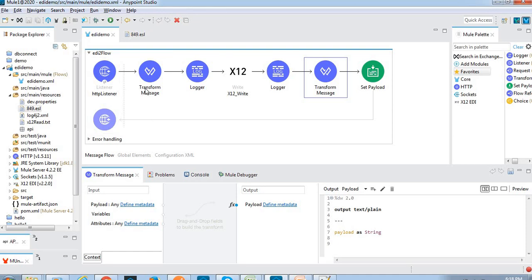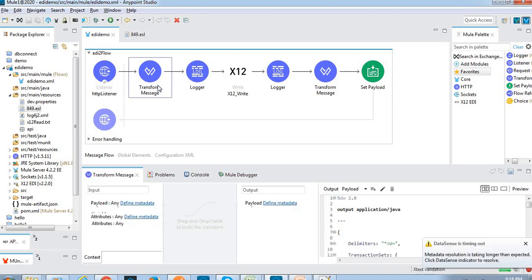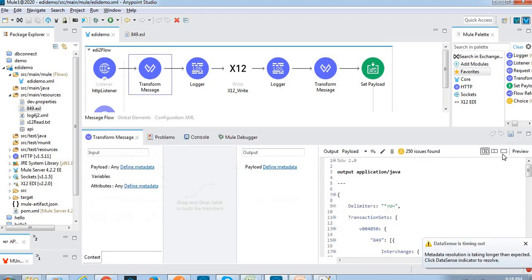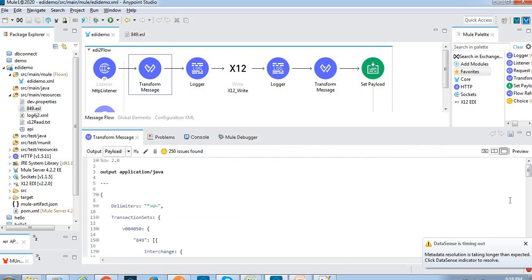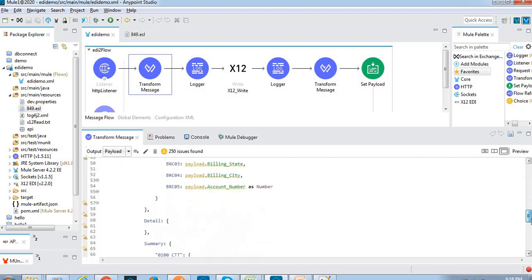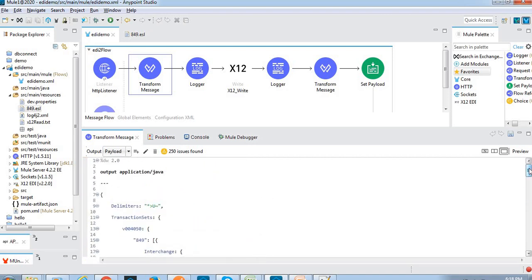We read that JSON data and form a Java object, and that Java object is provided to the X12 write. Here we are creating an EDI file using the given JSON data.